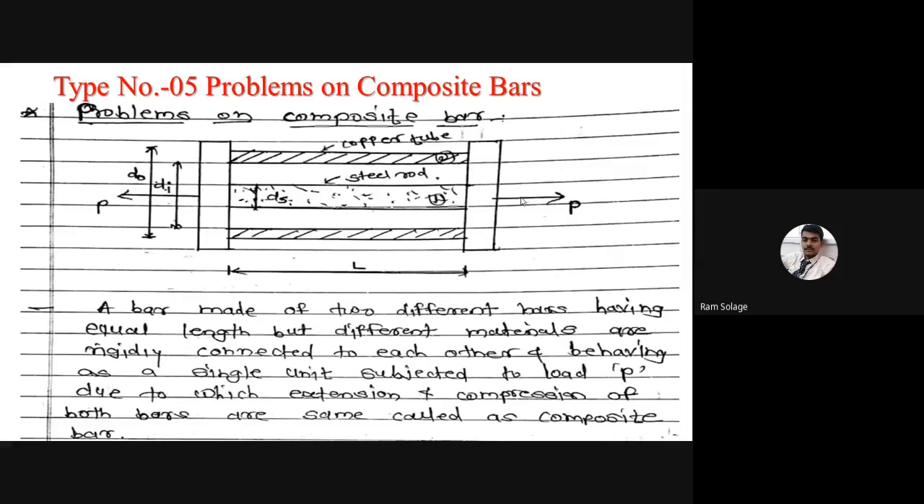This is the diagram for composite bars. Now write down the explanation related to the composite bars. A bar made up of,